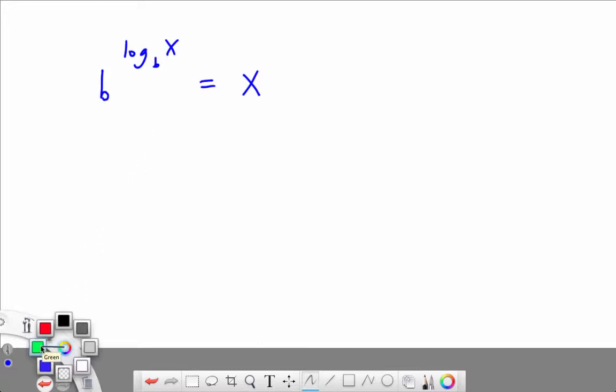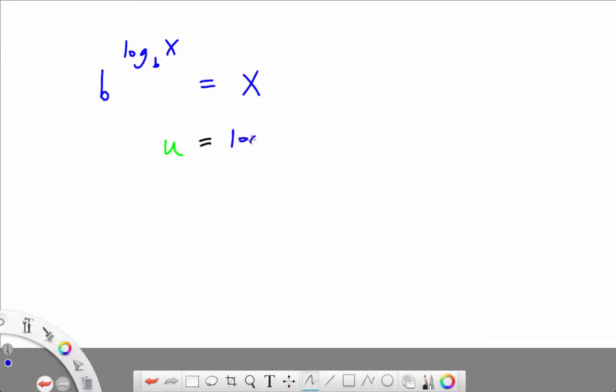In this lesson I want to talk about the main properties of logs, and we're going to start with this property which says b to the log base b of x equals x. And this might look a little bit confusing at first, but we're going to do a substitution here. Let u equal